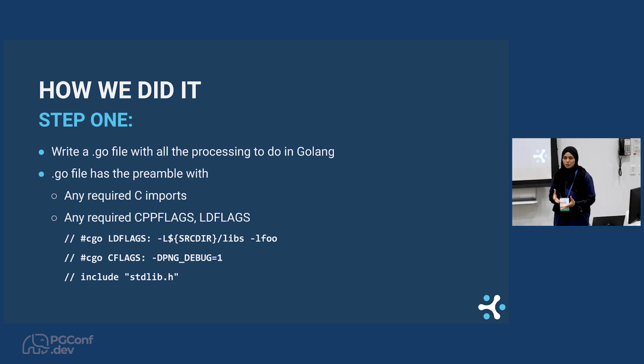all the logic that you want to do in Golang. And the interesting part is that this Go file is special in the sense that in the preamble of this particular file, you can add any C library if you want to include it in any way you want to use it in this part of the code. You can include it in the following format, as a comment, and also any other special C flags or LDD flags that you need for compiling this particular part of the code, with this cgo directive.